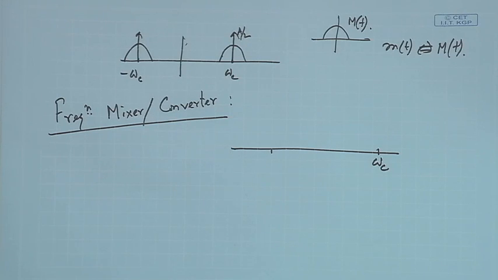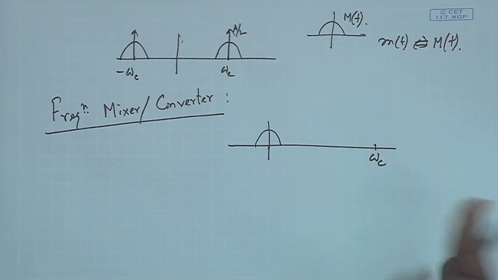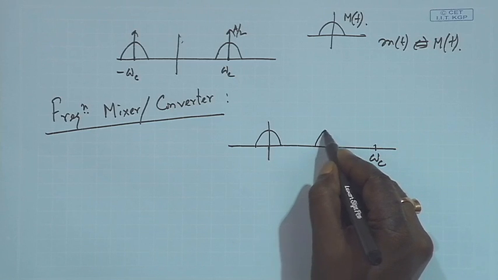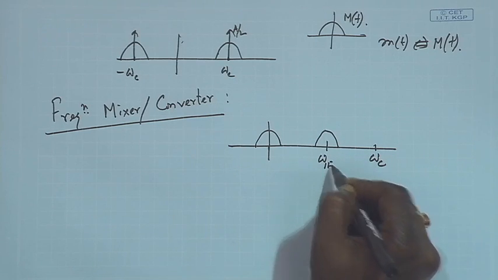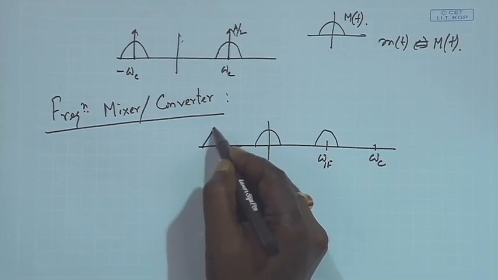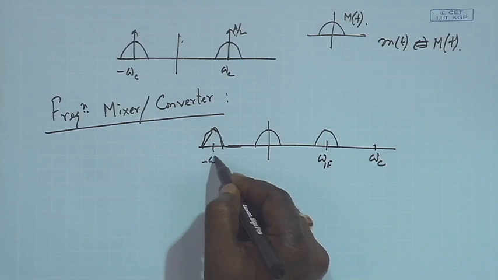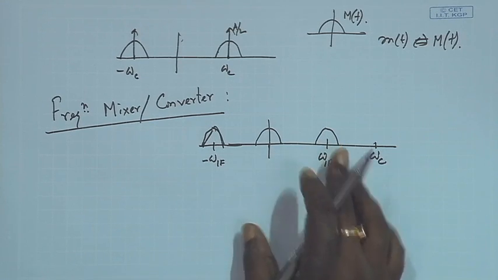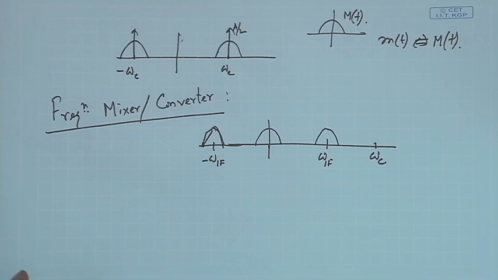Okay. So, if I wish to do that, what I can do is something like this. I can first modulate the signal, or even demodulation also a similar thing will be happening. So, I can put it into an intermediate frequency, let us call it omega IF. Similarly, in the negative half also the same thing will be happening, and then from omega IF I will be translating it towards omega c, or sometimes I might do the reverse thing,